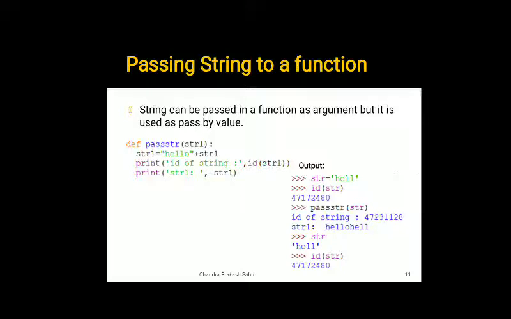After completion of this function, when str is printed, it returns hell. It shows that inside the function the string was added to another string, but outside this function the addition is not available, and id of the string gives the original object's id. So all the changes you were trying to make are not visible here.